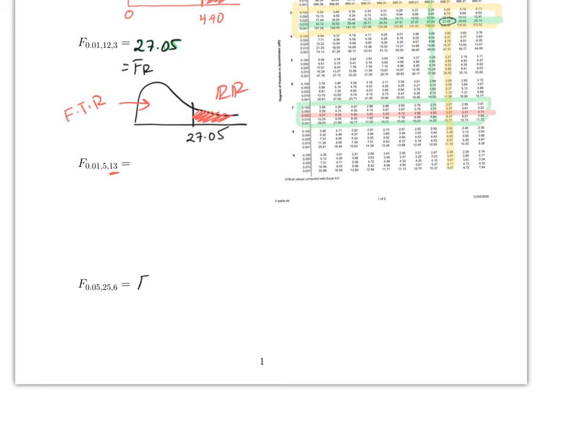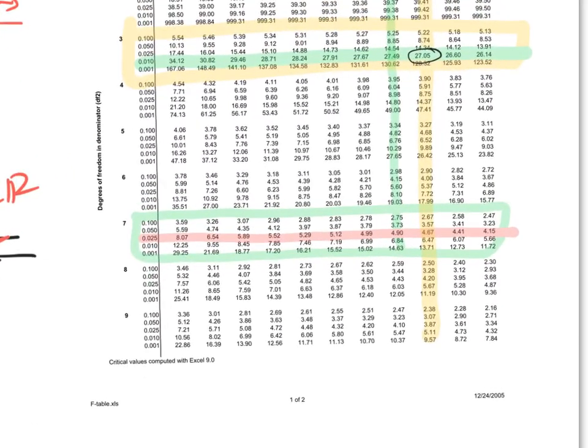So in this case, all you have to do is say this is 0.05. We're going to use 24 because 25 is not there. And then we have 6, which the value is equal to 3.84. All right, so you have